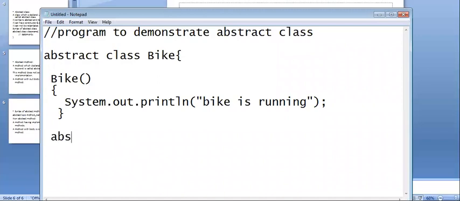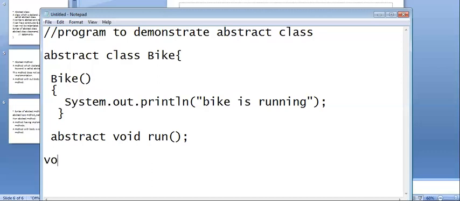Here I am going to have one abstract method: abstract void run. Here we have an abstract method having no body.